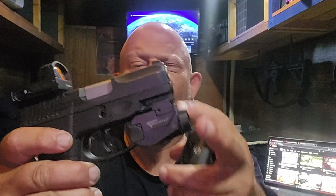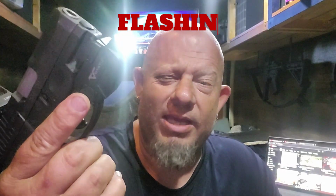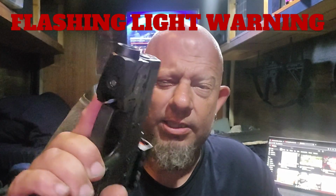So I wanted something that was going to fit well on the front, and it was going to be cheap because I'm a cheap bastard. So this HL10 was $26 on Amazon. It's got an aluminum body on it. It's IPX6 waterproof, and as you can see,